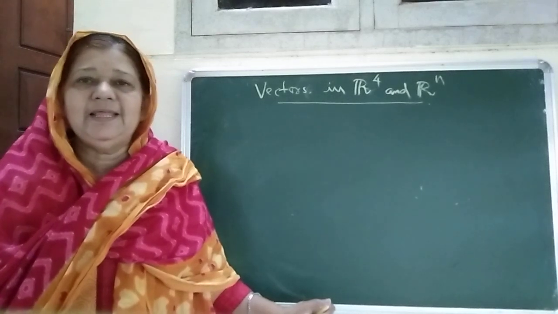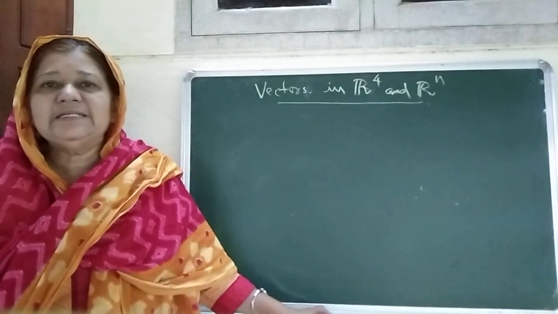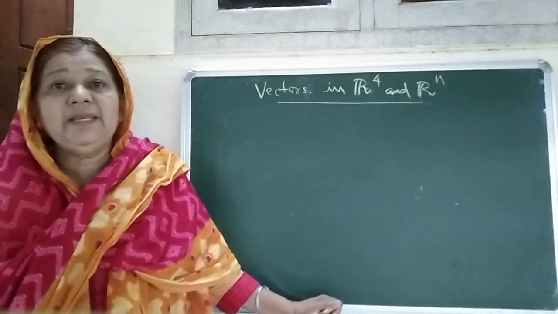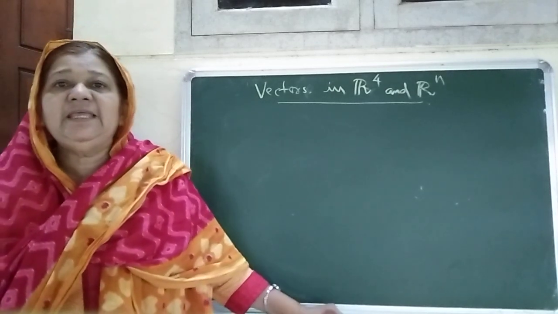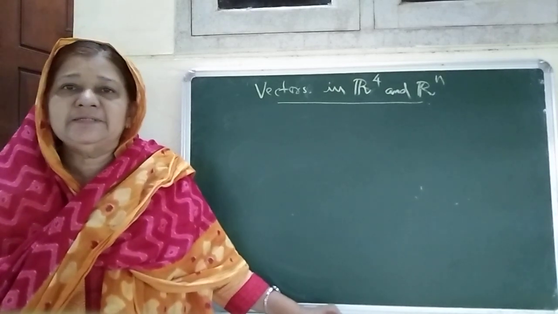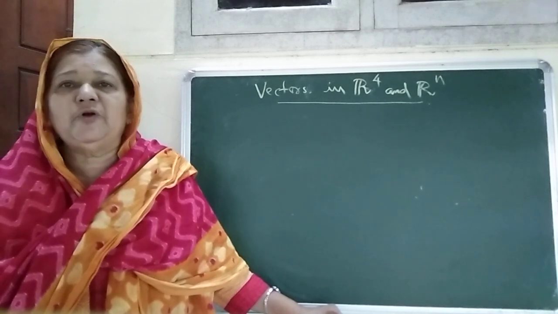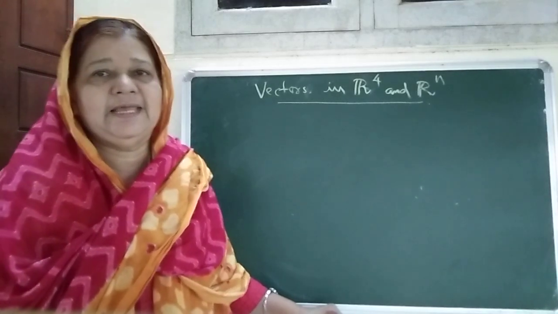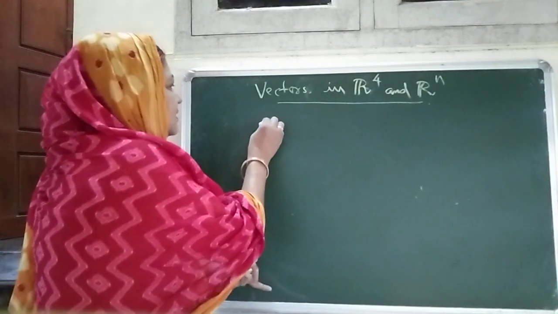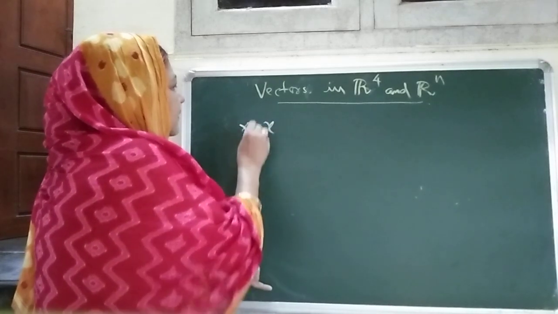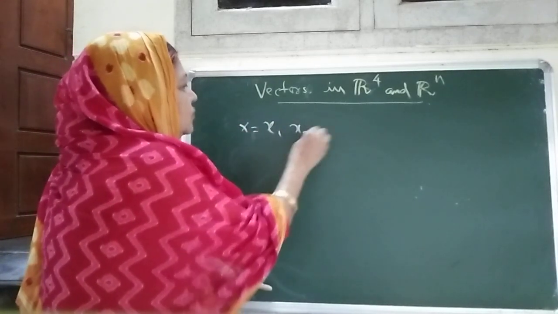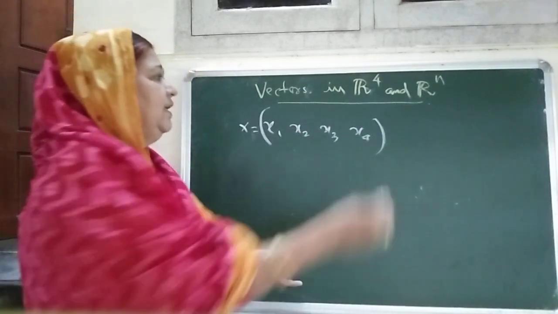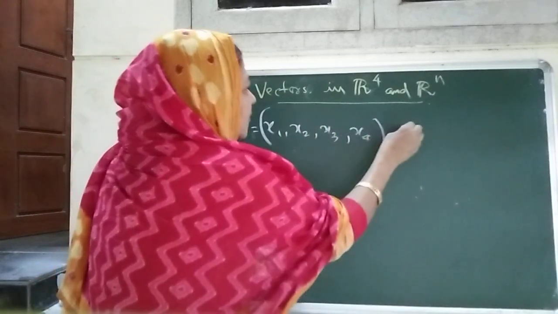In this module, let us discuss vectors in R4 and more than dimension 4. In R4, we have already discussed in R2, that is in the plane, and in space, that is in R3. In this module, let us discuss 4 dimension, 5 dimension, etc., in n dimension. So in this module, let us take x equal to, say, x1, x2, x3, x4, is a vector in R4